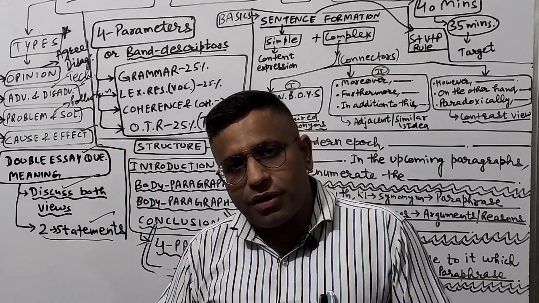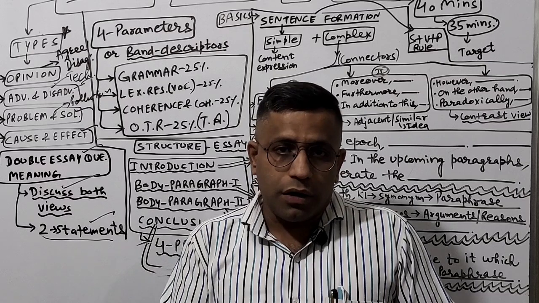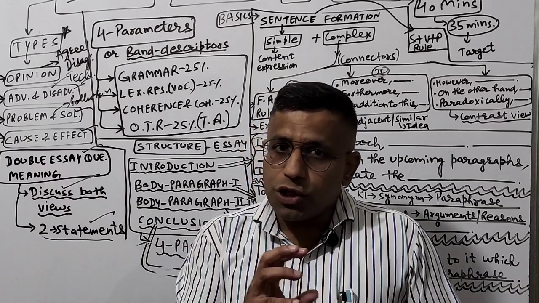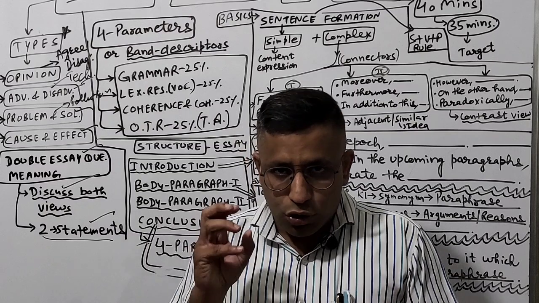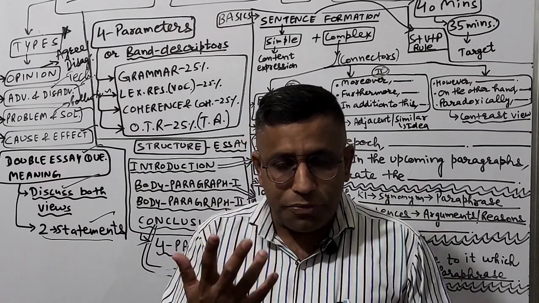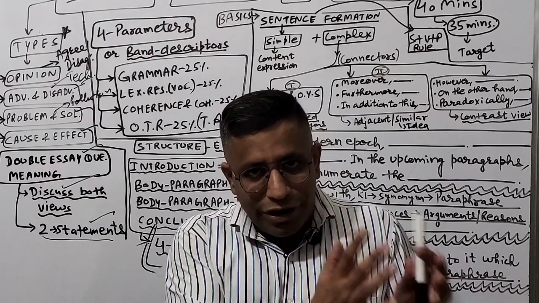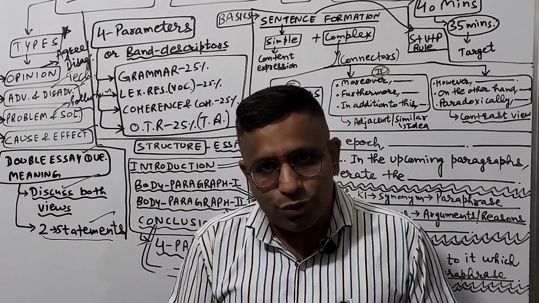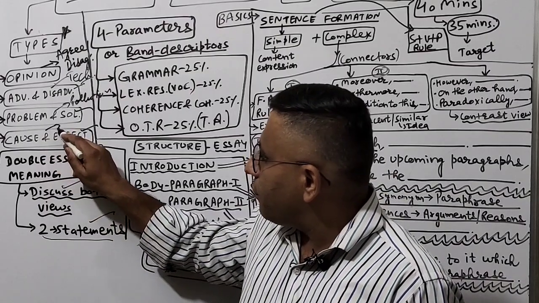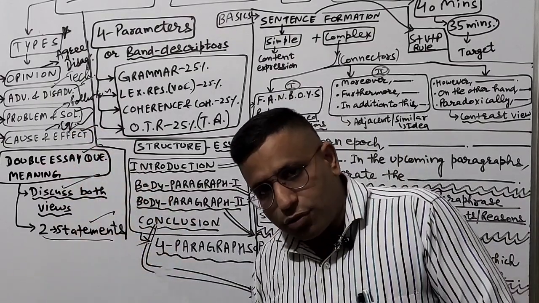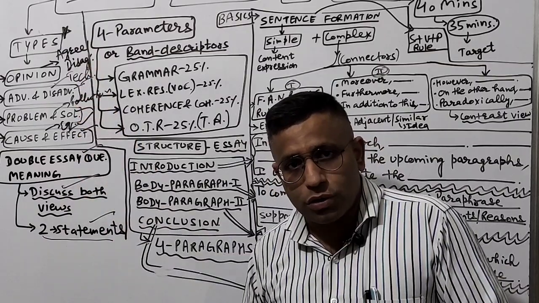Next is the cause and effect. So we know earthquake, drought. So this way, tsunami, hurricane. So this way, there are different kinds of issues or the natural geographic phenomena which happens in the society. So there are different causes to it, and accordingly there are repercussions also. Those are the effects also. So we can take any particular example. So I'm writing the earthquake here, and similarly double essay question meaning. I hope this much part is understood.